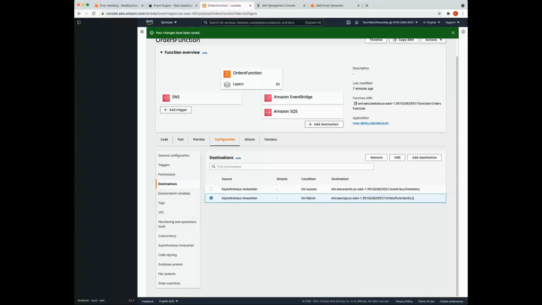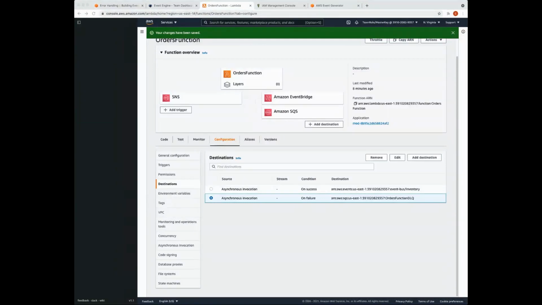To walk through what's going to happen, we're going to publish another message with an EU location, and that's going to be routed to our Step Functions workflow. But this time we're going to add a flag called force error. You might see that template if you're following along using the workshop guide.